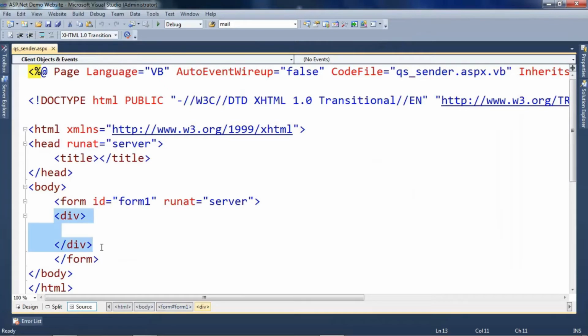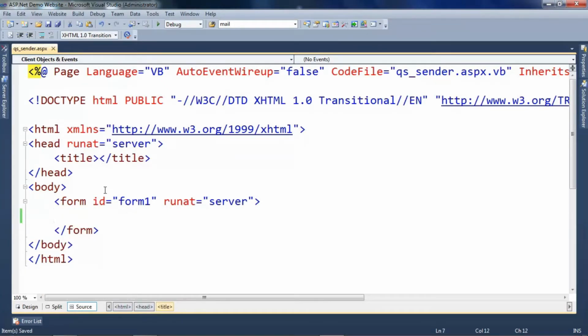This division tag is of no use, so I will be deleting this. Then I will give a title, let us say query string sender page. So that is the title.